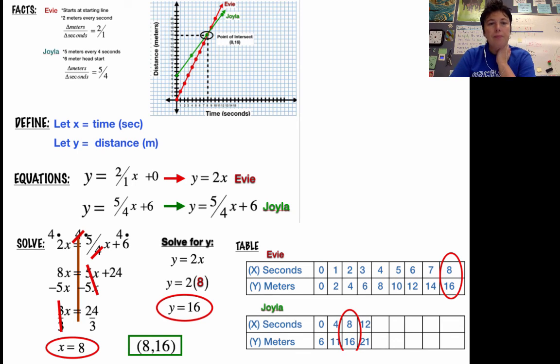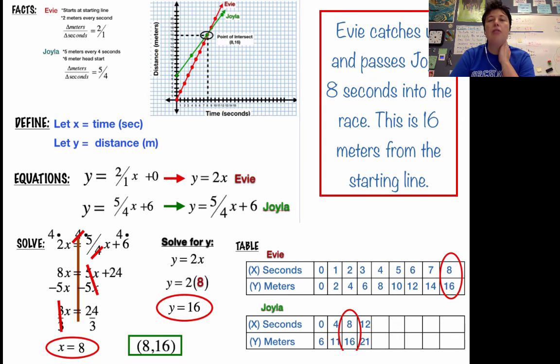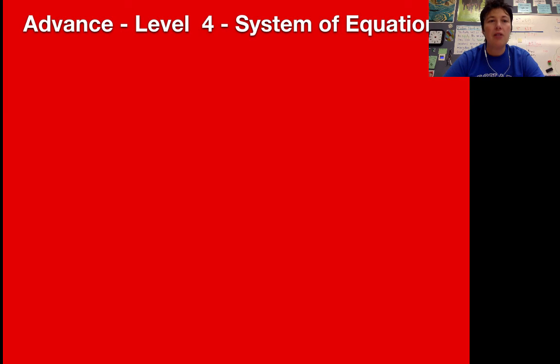Check this out. We have now proven that our solution is Evie catches up and passes Joyla 8 seconds into the race. This is 16 meters from the starting line. So we have a pretty solid piece of evidence here that says we know when Evie catches up and passes Joyla. Okay, so to wrap up our video, the idea with this video is I wanted to show you how